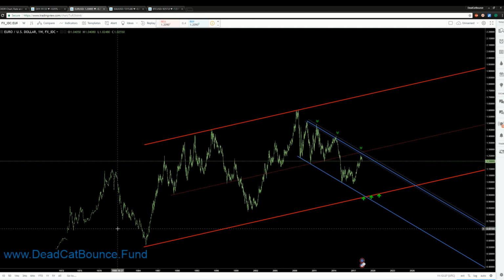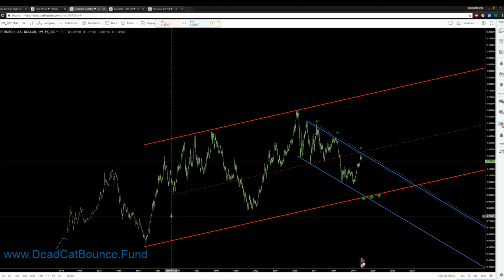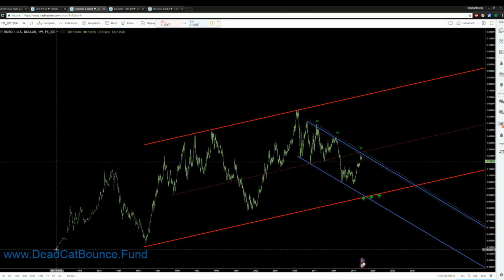So if you want to know what is going to happen with the dollar index, you have to analyze the currencies in the basket in relation to the dollar. Now, in my case, I'm going to look only at the euro-dollar pair because it has a very strong correlation and a very well confirmed channel that I can use to tell whether the euro has bottomed or topped. And this is a channel that dates back to 1971.